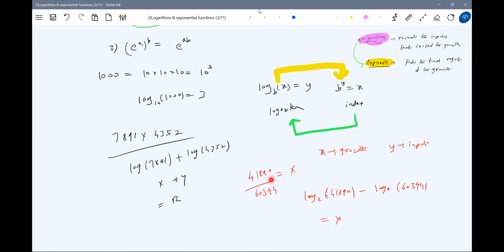We don't have machines to perform this division operation. We don't have machines to perform this multiplication operation, but we do have machines which can add two physical quantities or subtract physical quantities. So definitely what I should do now is convert this quantity into log scale. And that is very easy. We do have machines which convert a normal value into log scale. There's a linear scale, and I'll convert that linear scale to log scale. Then this operation can be performed very easily. So this is the background of the logarithms here.